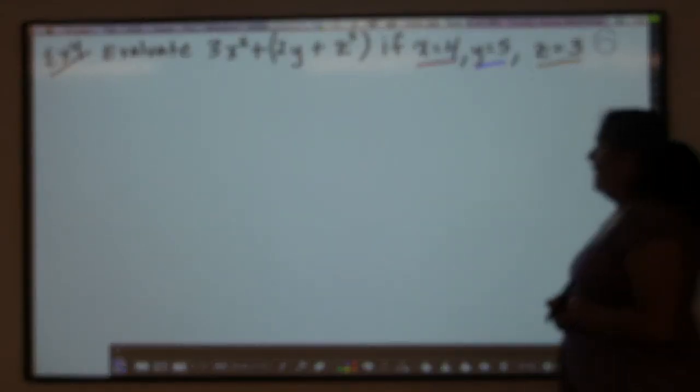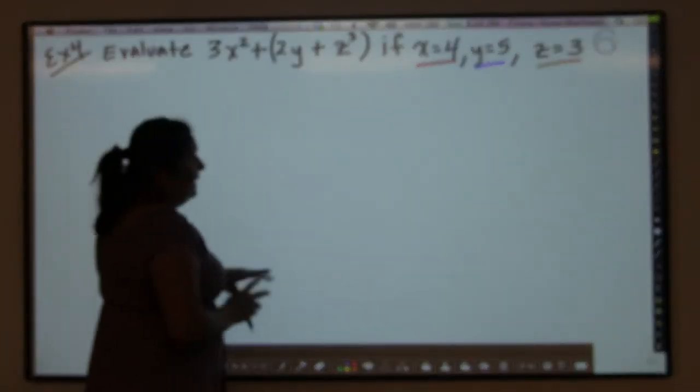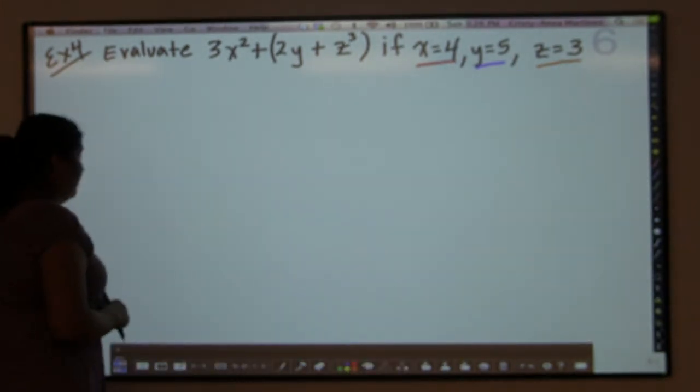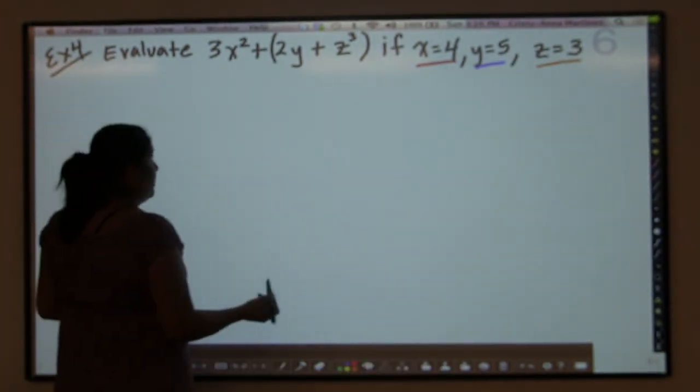And this is our last example, and we are going to evaluate, and this time we have an expression, but we're also substituting values. They've told us that x equals 4, y equals 5, and z equals 3. What I have done is I've underlined each of the variables with a different color because I like to color coordinate what I'm doing. So the first thing you want to do is go to your expression,